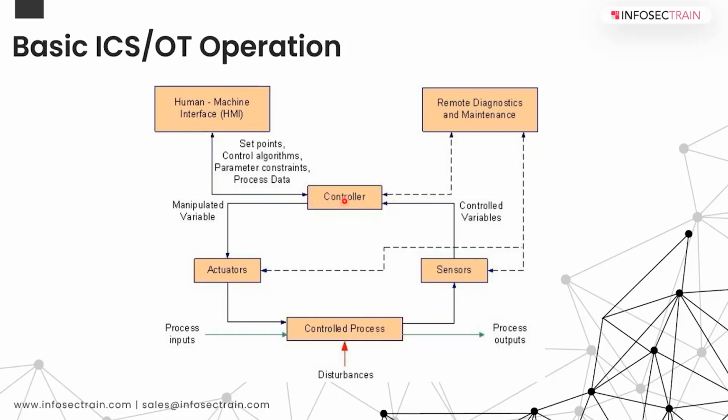And in case there are some issues in the controller with respect to maloperation or some functional issue or errors, the feedback is given to the diagnostic maintenance management systems and so on. And in case the controller is not working properly, we need to give some variance to the sensor so that it can take a separate action. So the feedback is again given to the sensors.